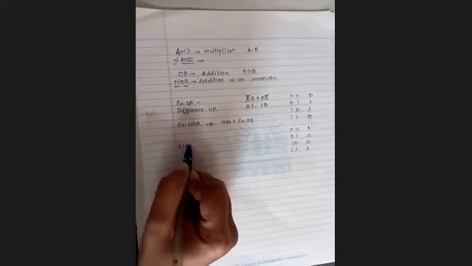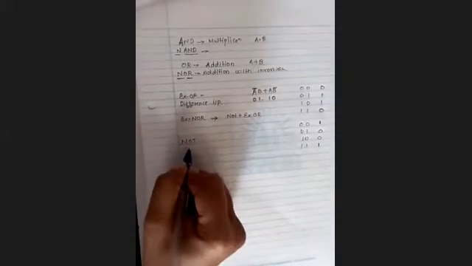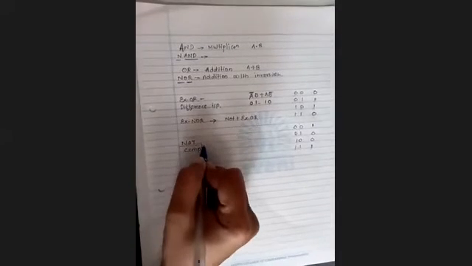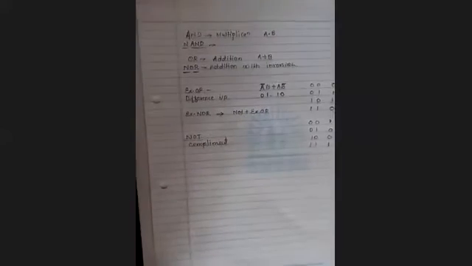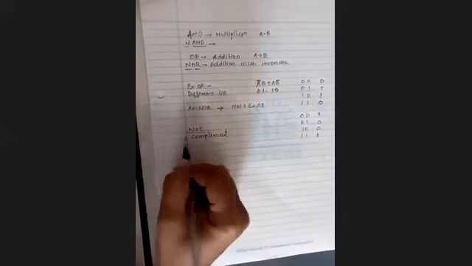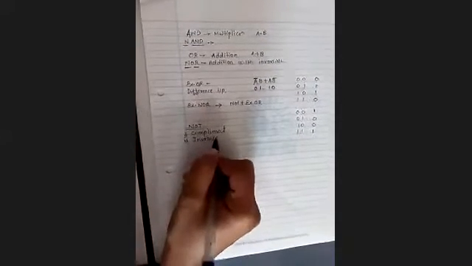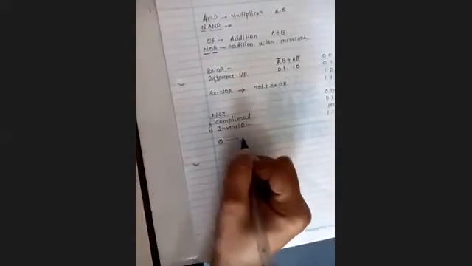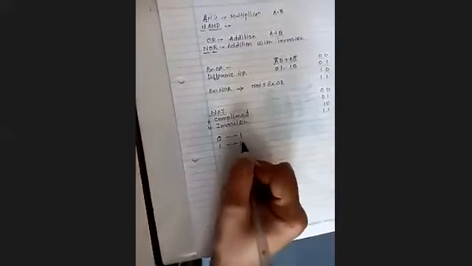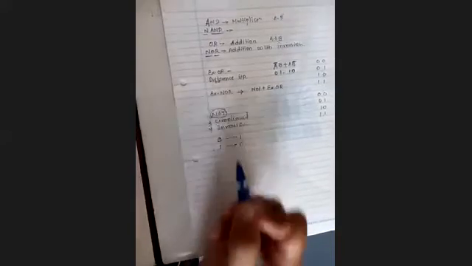Now you have one special gate called the NOT gate. NOT gate is also called a complement, or you can also call it an inverse or inversion. What does it mean? Whenever there is a 0, you will get 1. Whenever there is a 1, you will get 0. NOT gate is the only gate which requires one input. All the remaining gates require a minimum of 2 inputs.